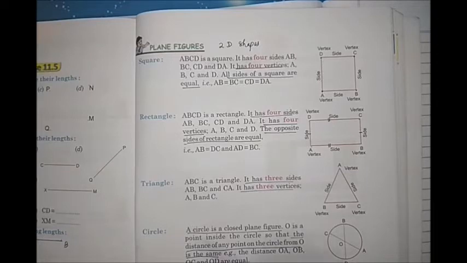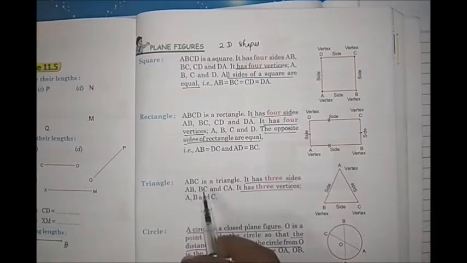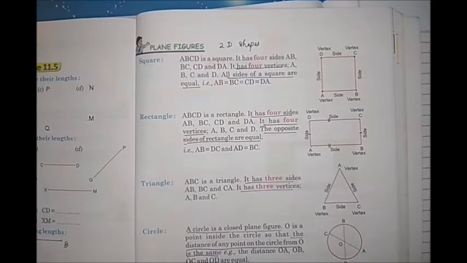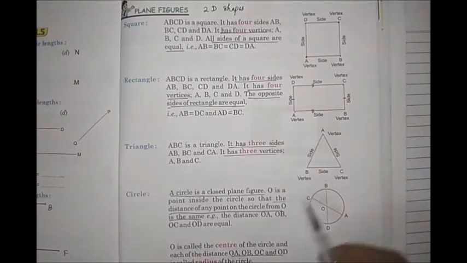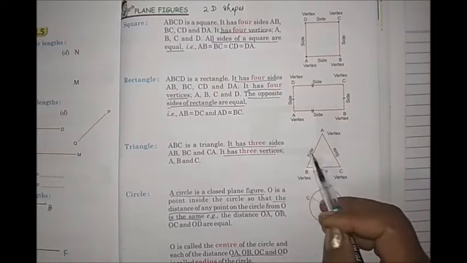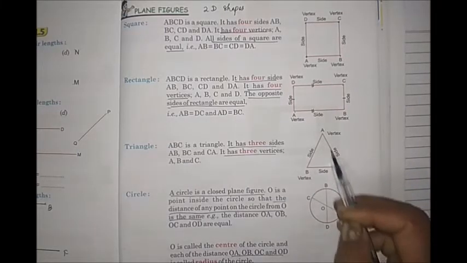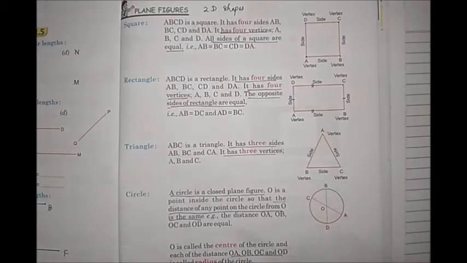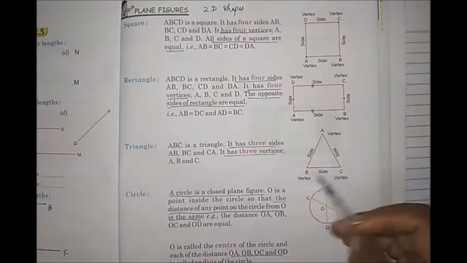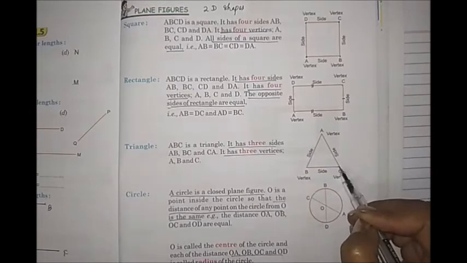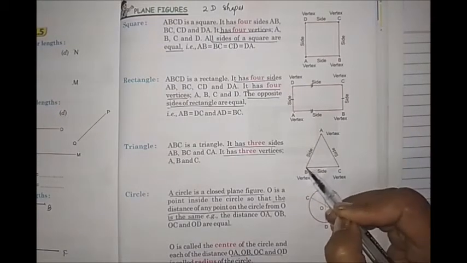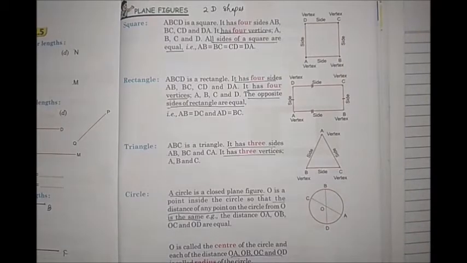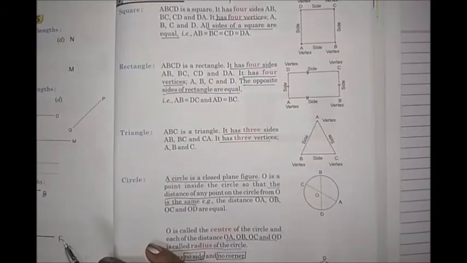Next see triangle. See, ABC is a triangle here. How many sides can you see here? Yes, count and tell. 3 sides. 1, 2, 3 sides. This is one side, another side, another side. All the sides are formed by line segments. And it has 3 sides and 3 vertices also. 3 corners, 1, 2, 3. A, B, C. 3 corners are there, 3 vertices.